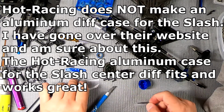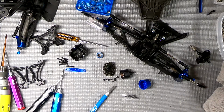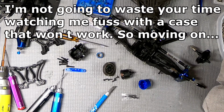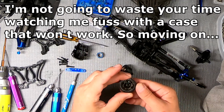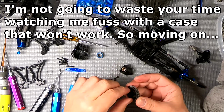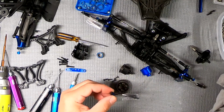And it looks like it's going to use the standard gasket that is part of this. Everything, gears and all, should swap over. So the first thing to do is to...